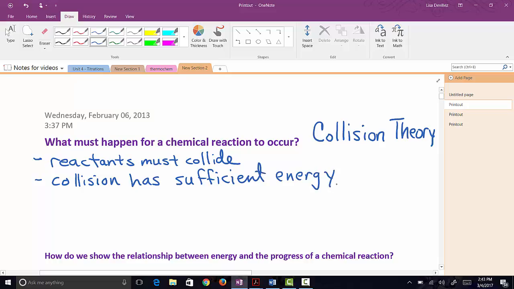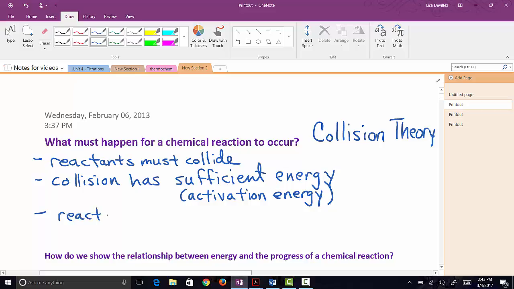and we've looked at this back in the last unit when we looked at the energy diagrams, and we talked about something called activation energy. So when we're talking about the collisions having a certain amount of energy, that's the activation energy for the reaction. And then also, it's that the